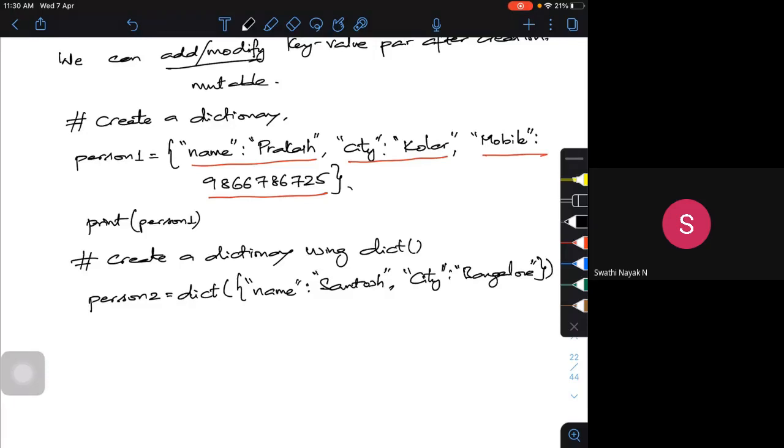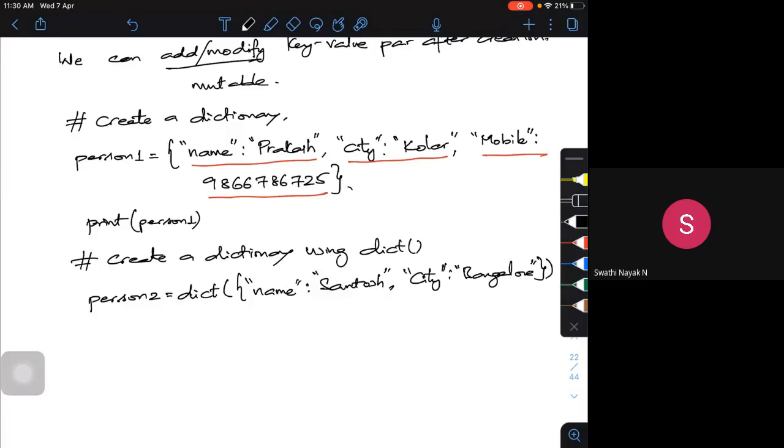Okay. Is it possible to create this kind of dictionary by using some kind of a sequence? Can I do it with some kind of sequence? Yes, it can be done. In that case, what should I use? I should be able to use lists, and I should be able to use it as a tuple.